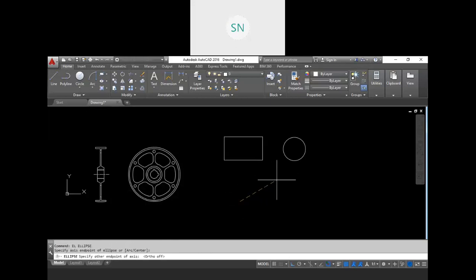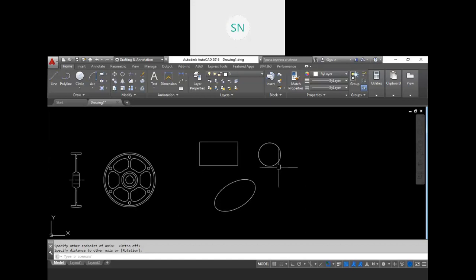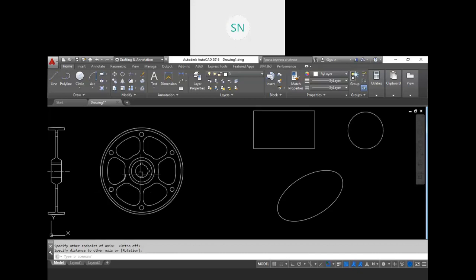So the first question is, what is a layer? A layer means, we can say, if you have so many transparent plastic papers with different colors, then you place one, then one more on that, one more on that, so that every plastic paper we can say is one layer. Layer by layer by layer we work, and everything is visible. So that is actually our layer. Let me see what we have in the layers. Layers actually provide us so much control over our drawings. I will explain with an example.